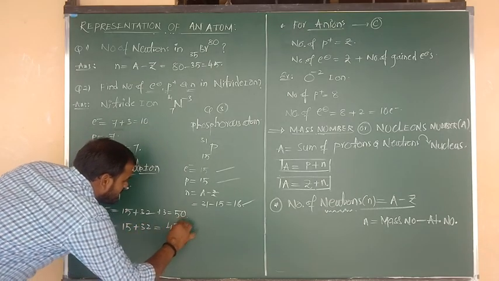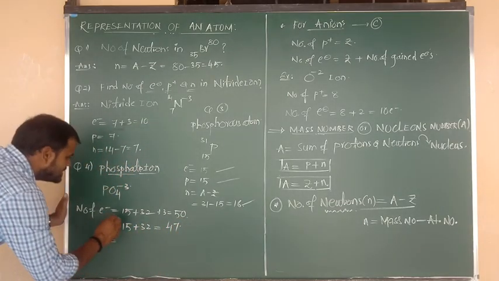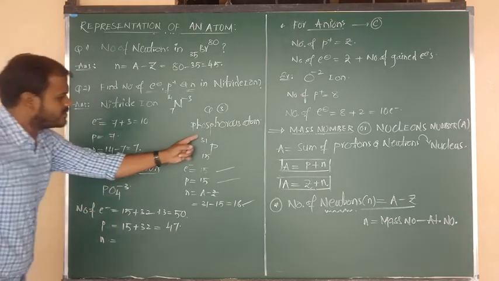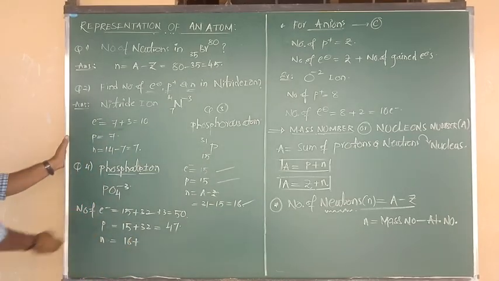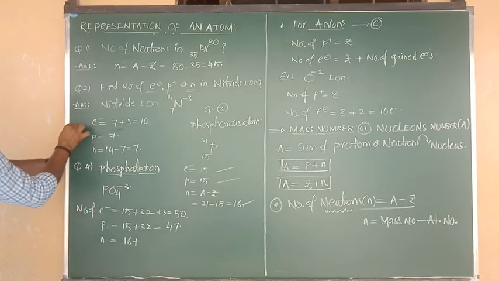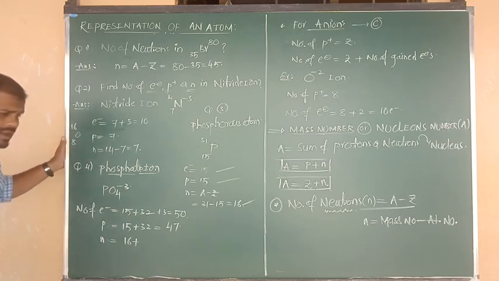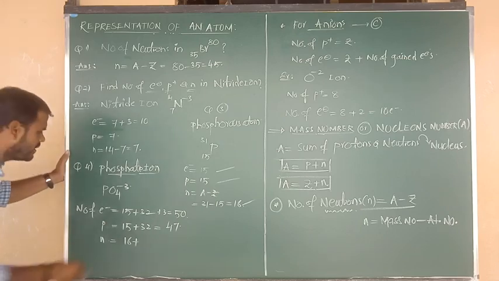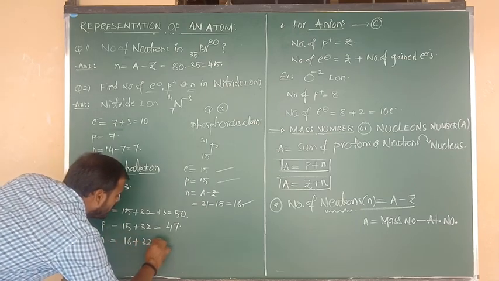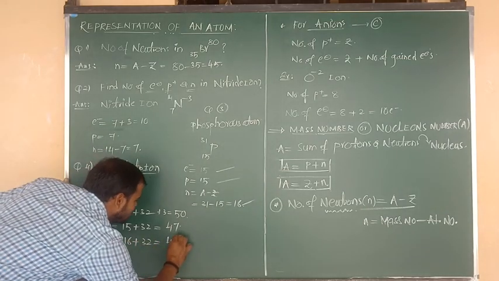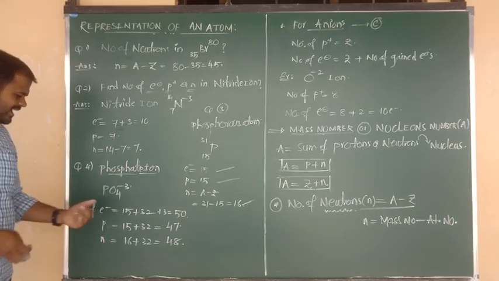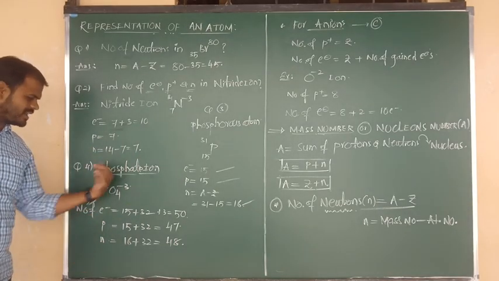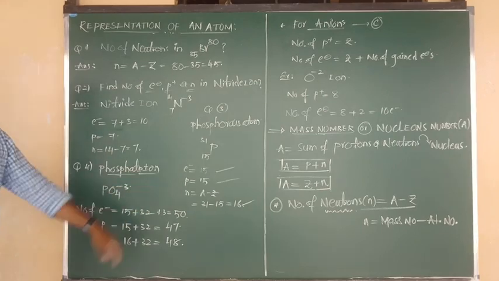So total answer is nothing but 47 protons. And neutrons is equal to phosphorus 31 minus 15. Number of neutrons equals 16. Plus, what about oxygen? Oxygen means atomic number is 8, mass number is 16. What about neutrons? 16 minus 8, again the answer is 8. So one oxygen contains 8 neutrons. Again 8 fours are 32. So your answer is nothing but 48. In that manner, we can calculate the electrons, protons and neutrons in the respective ionic species or substances.